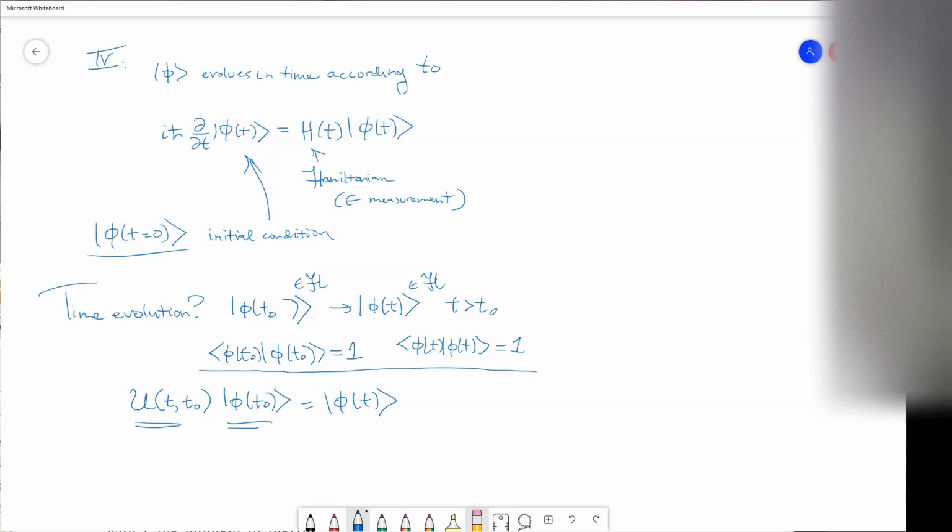that the norm is preserved. So who can tell me what we must conclude about this operator U? Must be unitary. Yep, it must be unitary. The U was not a giveaway at all. Yeah, well, that's right.